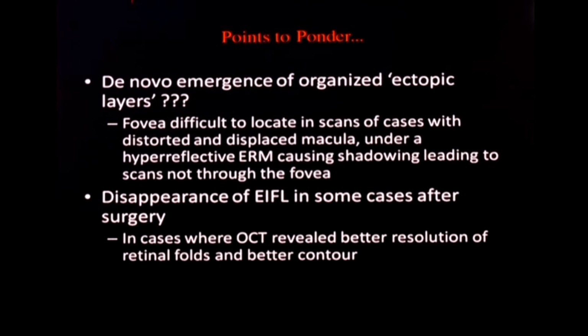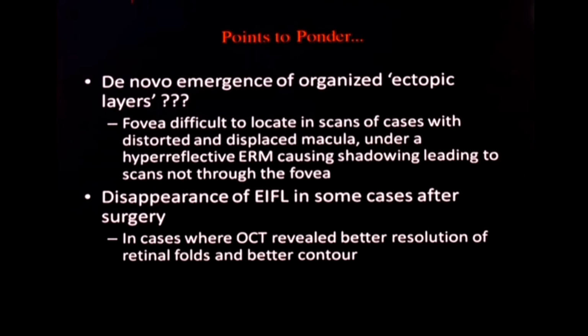My guess is that in a case with a thick ERM, stage 4 ERM, a hyperreflective membrane occurring over the fovea is sometimes difficult to locate. Because of the tractional forces of the ERM, it may be displaced a little bit above or below the point where you actually think the fovea is. You cannot identify the fovea, and any scan which is even 5 to 7 micron away from the absolute center of the fovea will give you this layered pattern. These are the normal retinal layers that have been brought together by the traction.